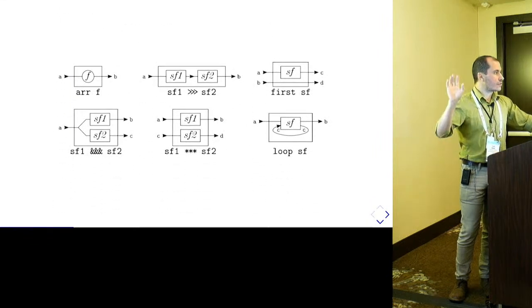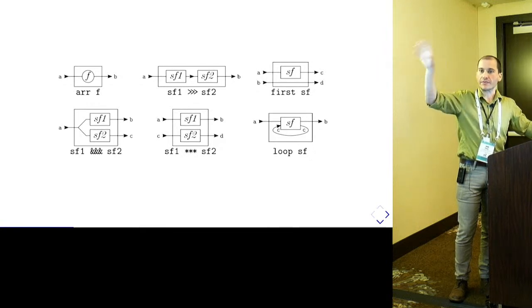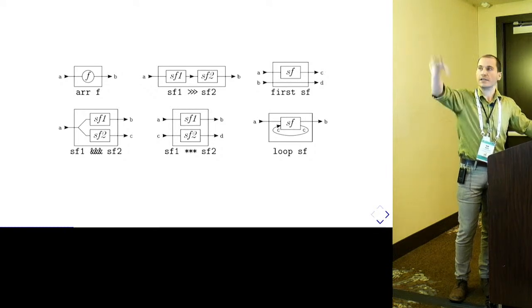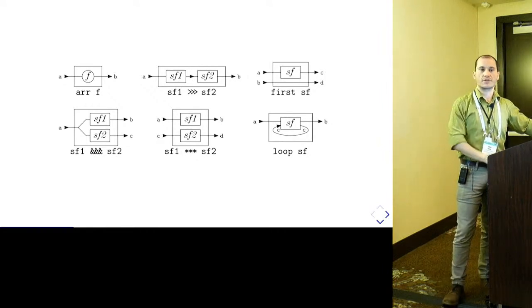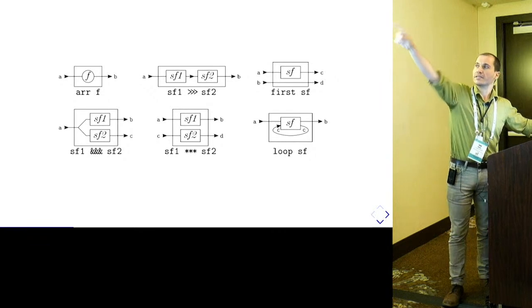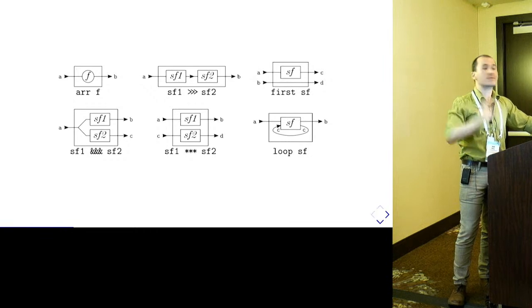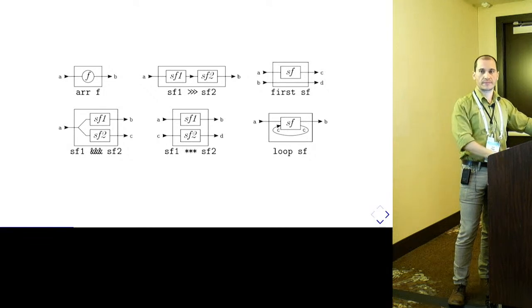So the way that we're going to use it in this particular talk is through a kind of data flow chart system where signal functions can be connected to one another. You can pass the same input to two signal functions. You can put them in parallel. You can apply a signal function to one input and not the other, and so on. And I'll show you the syntax that we use. This is not necessarily the only way to do FRP. It's just one way to do FRP. Okay? And this is called arrows. I don't know how many people are familiar with this, but yeah, the abstraction is called arrows.